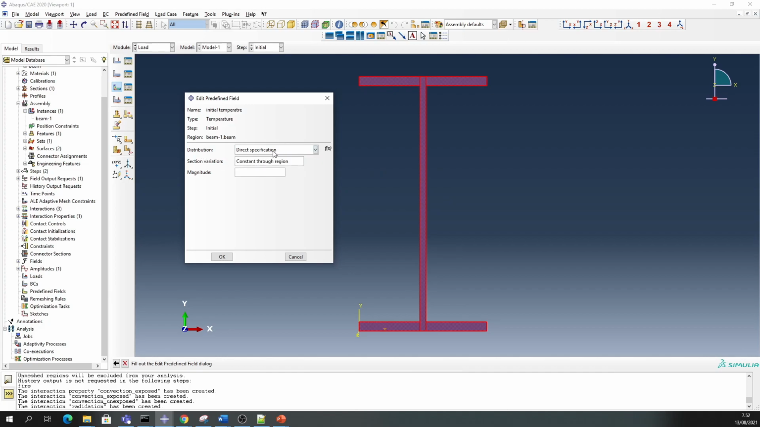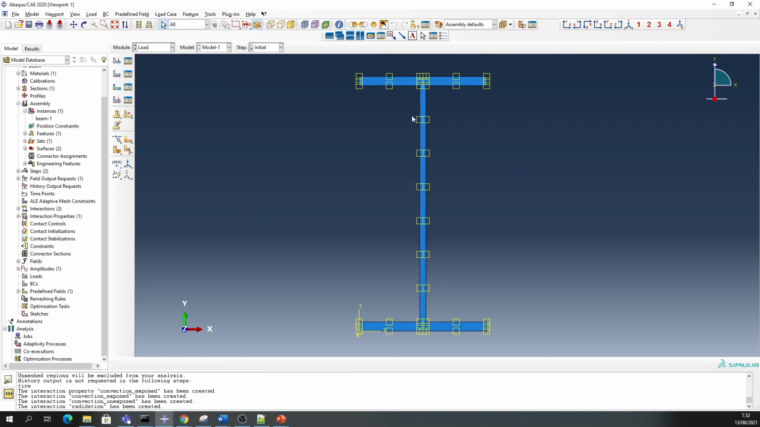specification. Distribution means we define directly. There are other options also, from previous result and also the function, but we don't need those, and we say this is constant through the value, and the magnitude is 20 degrees Celsius. So that's done. We have defined the load module, and the next module